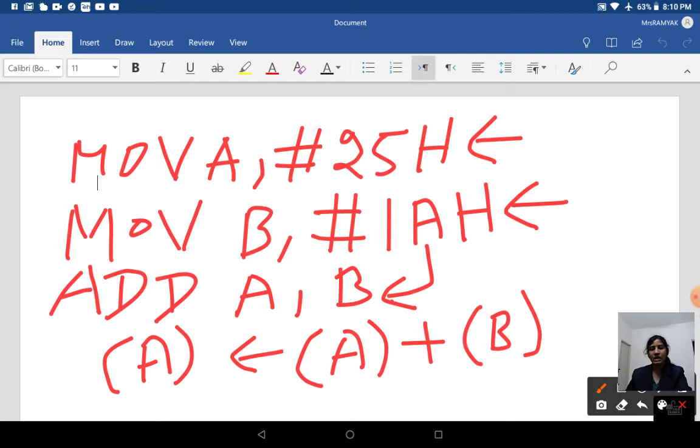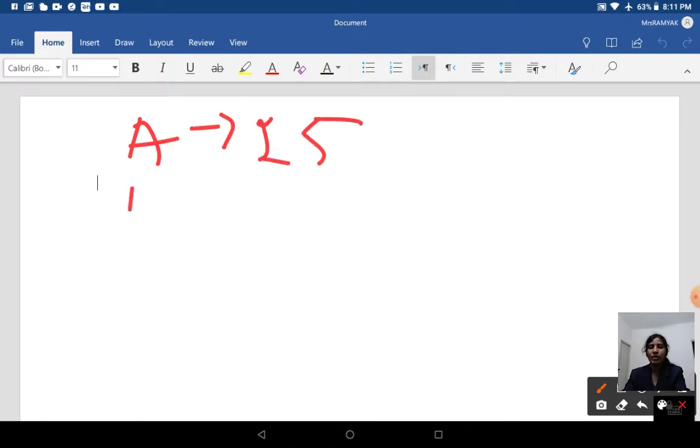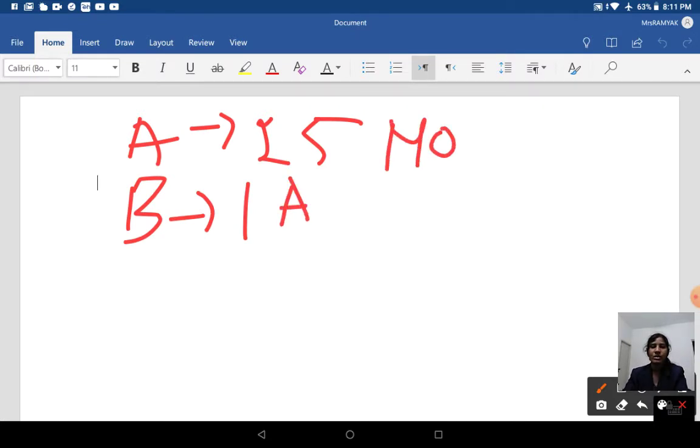The accumulator content is 25. And what is the content of the B register? It is 1A.